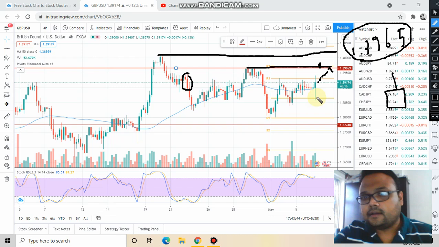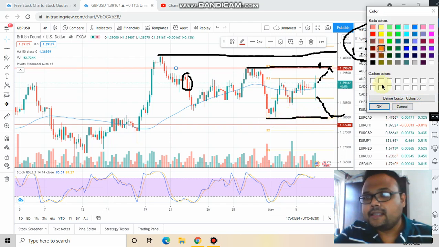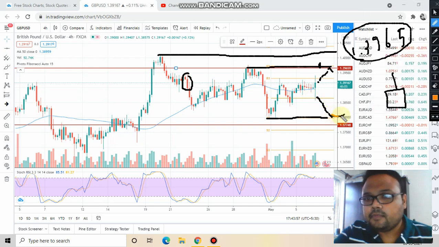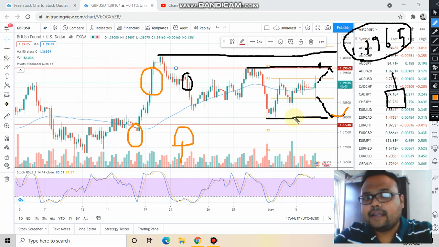On the other hand, if it comes down to this level and bounces from here, you can go for a buy. Easily you can go for a buy. But do remember, confirmation is important. Confirmation can be in the form of price rejection from below, a hammer kind of pattern. Sorry, I told you this is hammer, this is inverted hammer, shooting star. Once you get a confirmation in the form of a hammer, price rejection from below, or a green candle like this, you can go for a buy at this level or at this support,